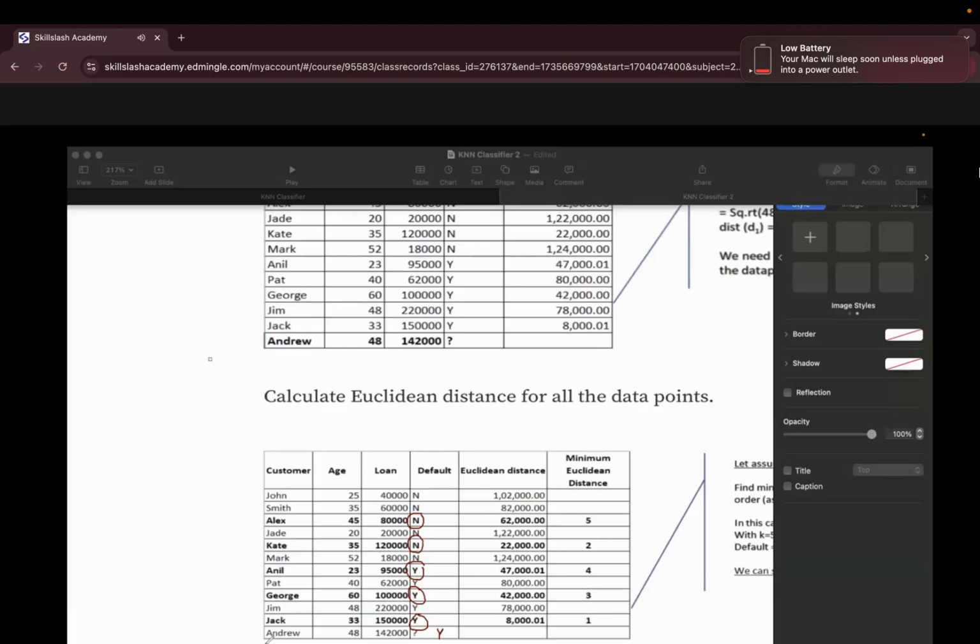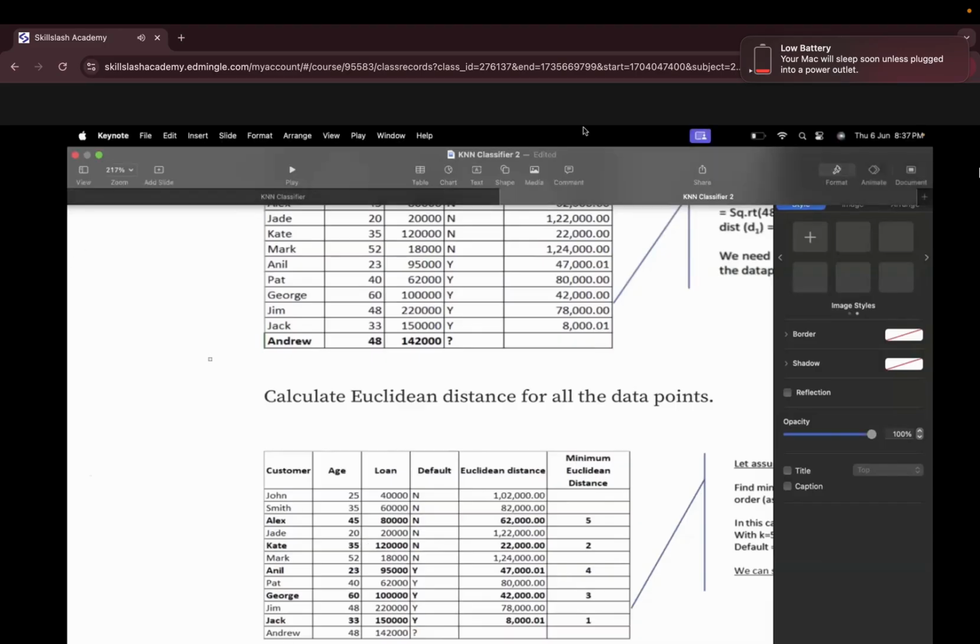Okay. Likewise, we are going to capture all the data set of which we have to predict the default loan status and understand one thing, that this is the reason why it turns out to be expensive. That we have to do this task again and again every time whenever we get the new data point. And practically it is possible, but it turns out to be quite expensive. Now, since we understood the model, let's talk about the advantages and disadvantages. Then we try to apply this model in the data set, okay?